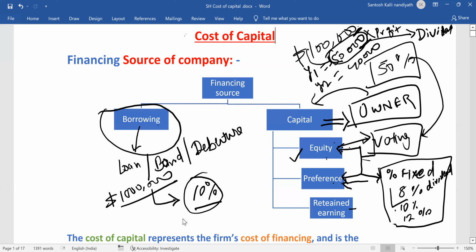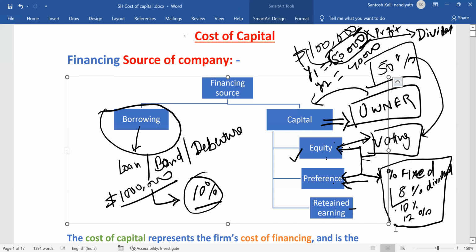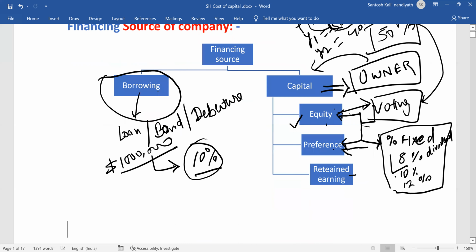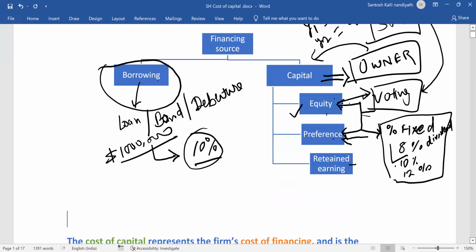Okay, I'm writing it because this terminology is very important. I think maybe you have missed it, or earlier you have done the accounting classes. That's why you didn't remember. But it's very important terminology. Okay, distribution of profit. It means if the company distributes, they distribute in the form of dividend.